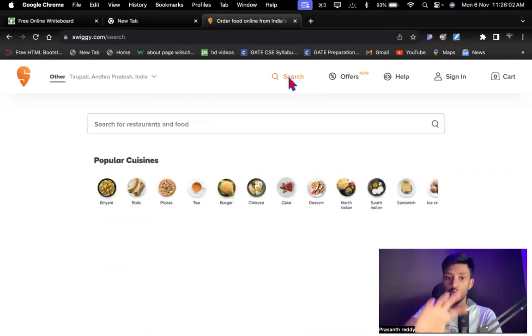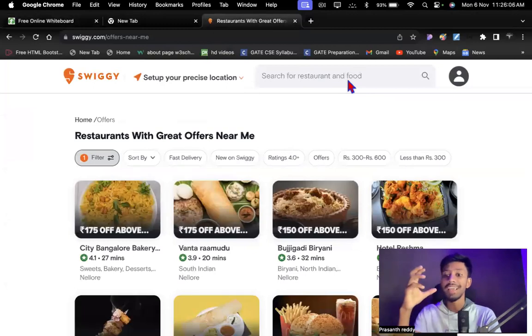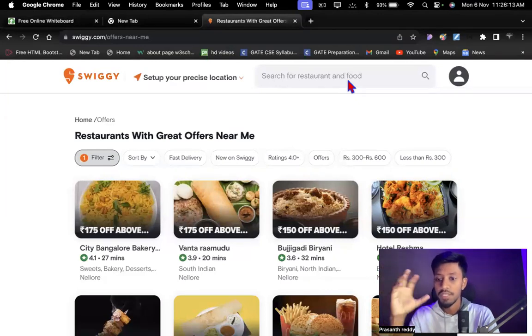If I click on this, it is going to the next page. If I click on the offers, it is going to another page. It is like the anchor tag we've seen inside our HTML and CSS, right? Clicking on the about us page, it will move to the about us page. If you click on the contact us page, it will move to the contact us page. So this is what we call React Router DOM.